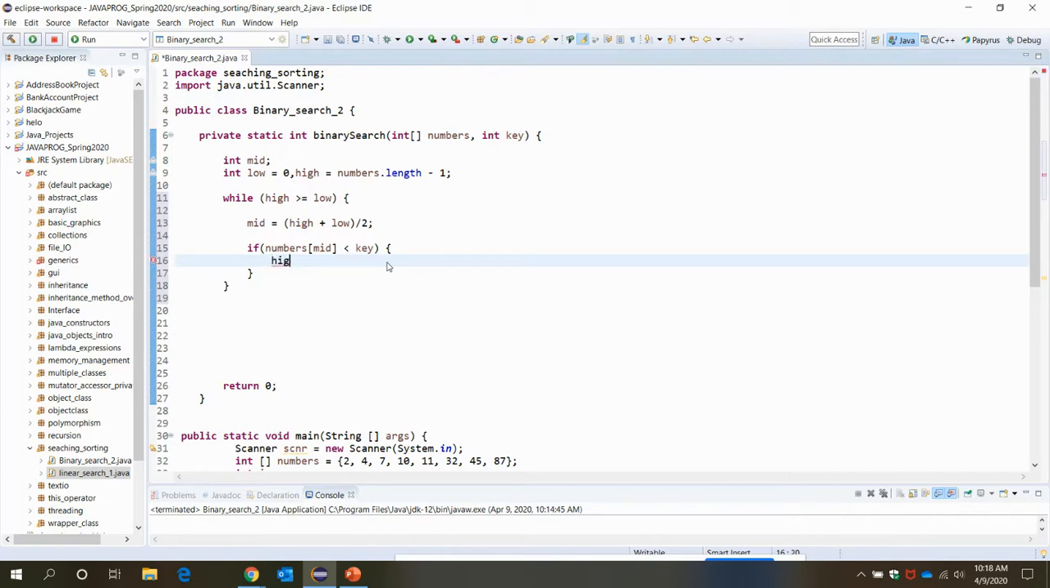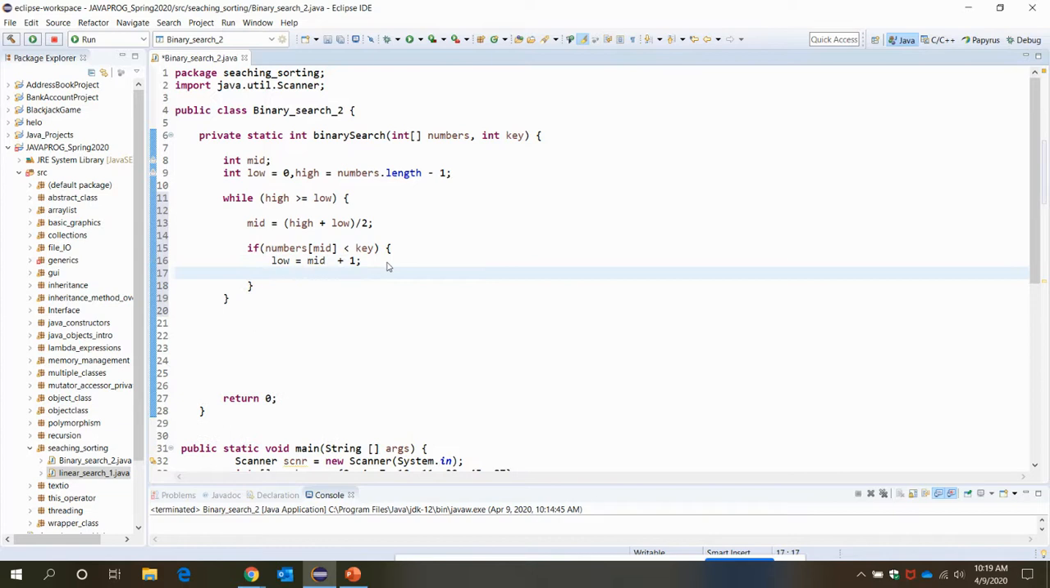So mid less than key. So here what I will do, first I need to find out what is the low value, so that should be mid plus 1. Then you need